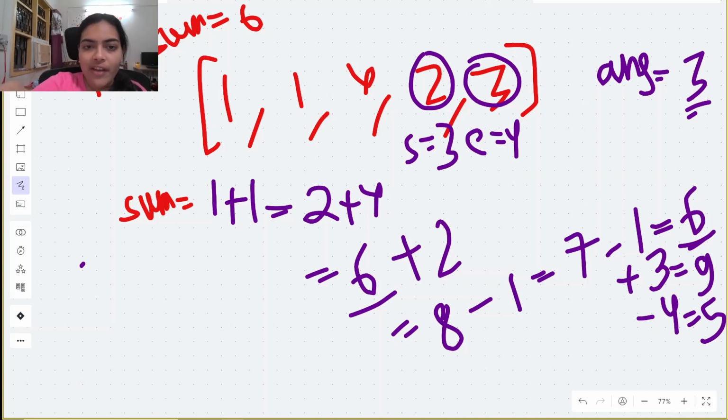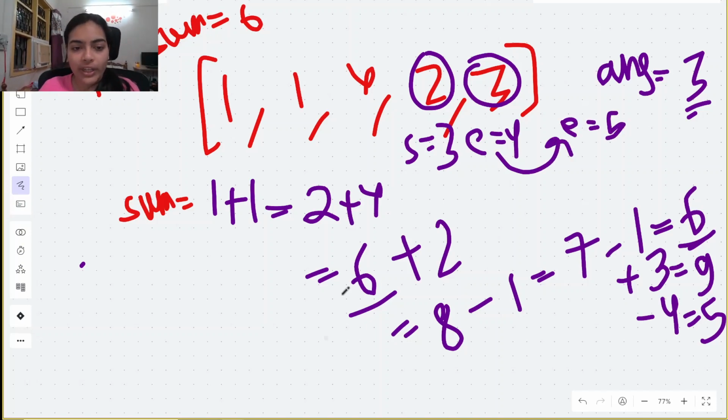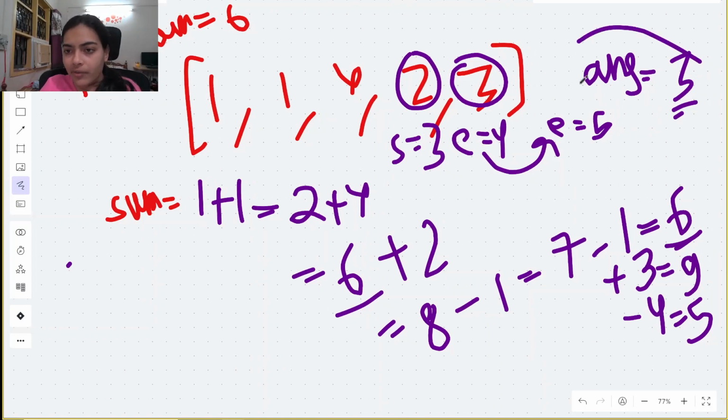So the sum that we have is currently 5 and total sum is 6. 5 is less than 6, right? But we want it to be exactly equal to 6. So we will still continue forward. So we will shift our end pointer. It comes equal to 5. So we have reached the end. We can no more take further element. So our answer which was saved is equal to 3. And we will return this as answer.